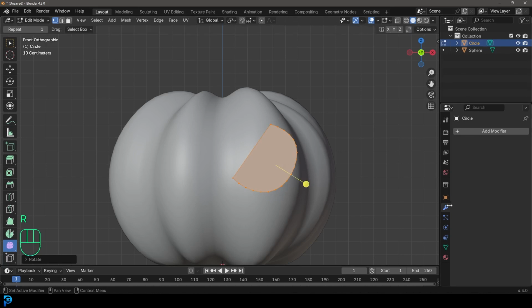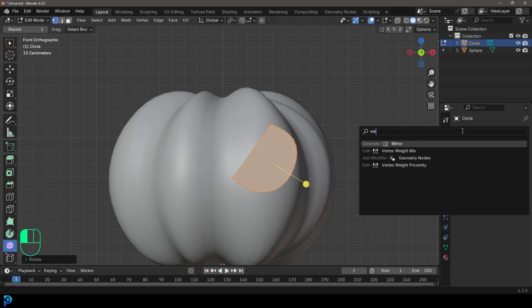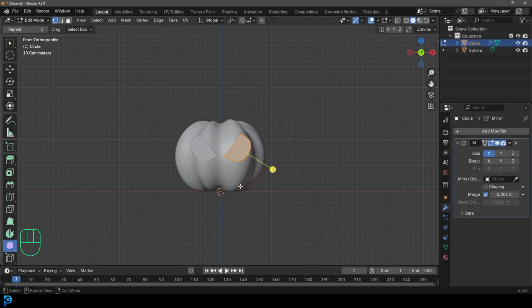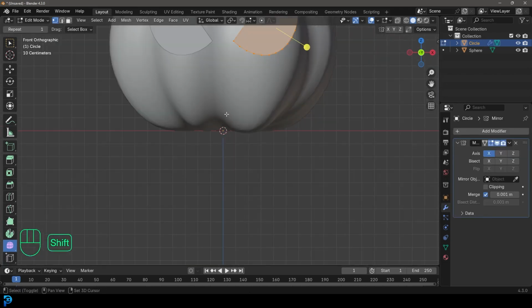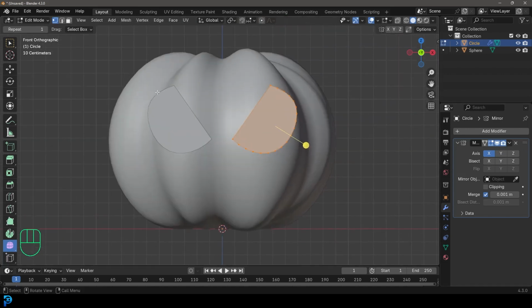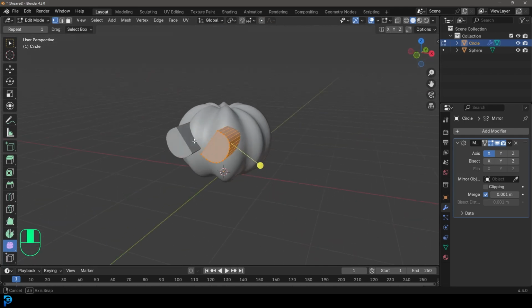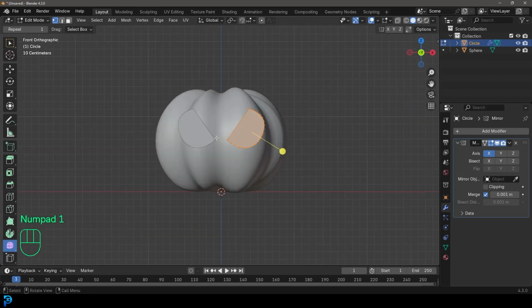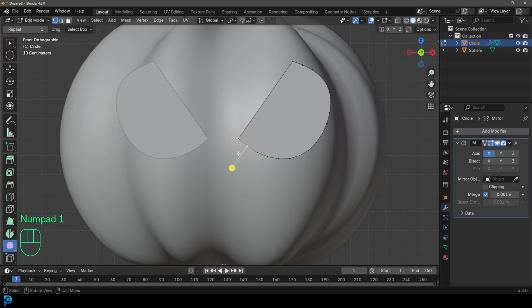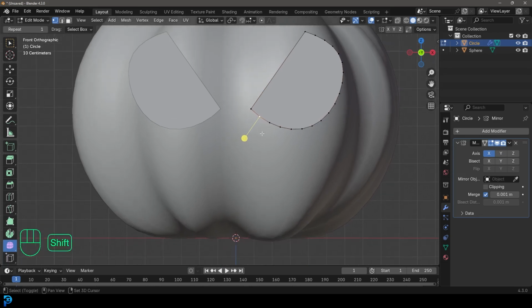And then we can go over to our modifiers, add modifier, search, and type in MIR, give it a mirror. And because our origin point is in the middle, it should be mirrored by default onto the other side, like so. Pretty cool. We're then going to select one of these verts in our front view, Shift D to duplicate,